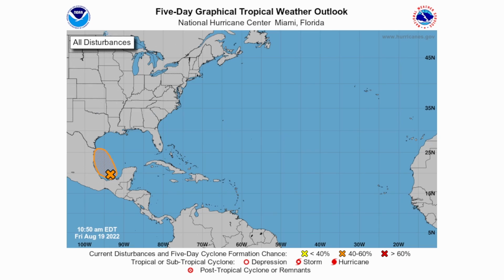Looking at the 5-day graphical tropical weather outlook, this does now have a 60% chance of a cyclone formation in 5 days, and that is also through 48 hours. It also has a 60% chance through 48 hours of development. The National Hurricane Center does say a tropical depression could form later today or on Saturday while the system moves northwestward across the southwestern and western Gulf of Mexico. However, by Saturday night, the system is expected to move inland over northeastern Mexico, which will end its chances of development. An Air Force Reserve Hurricane Hunter aircraft is scheduled to investigate the system this afternoon,